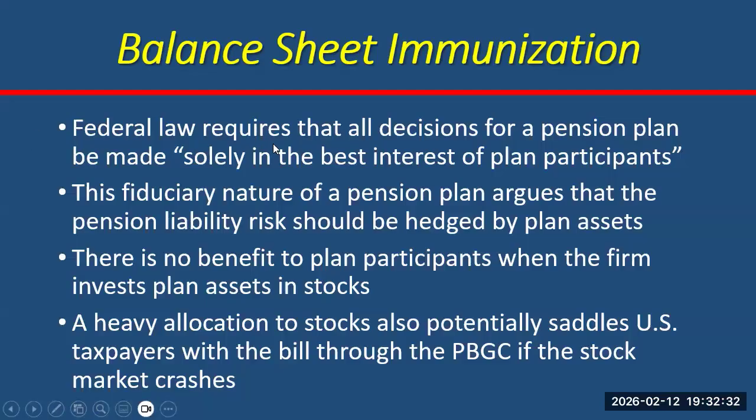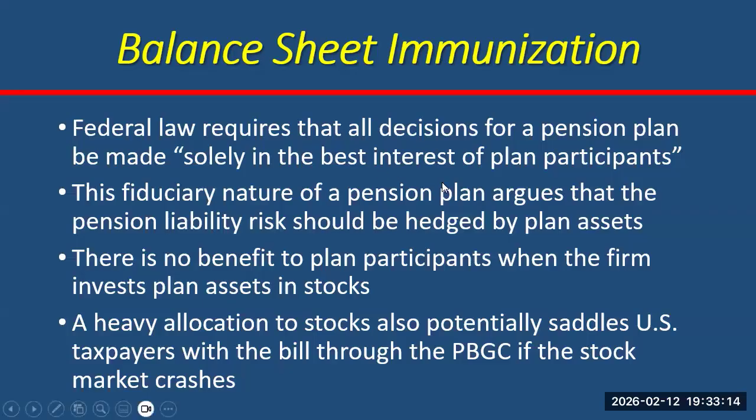All right, so let's talk about the fiduciary side of this again. So a pension plan, a 401k plan, the federal government says when a corporation sets these up, the only decision criteria should be solely in the best interest of the plan participants. That's what a fiduciary is. A fiduciary has that, which means for me doing this plan, I could be sued personally if I mess it up. The participants in the plan can sue me, which makes me nervous doing these kind of things. USAA had $7, 8, $9 billion sitting in these plans. All these employees, if I think I'm messed up,